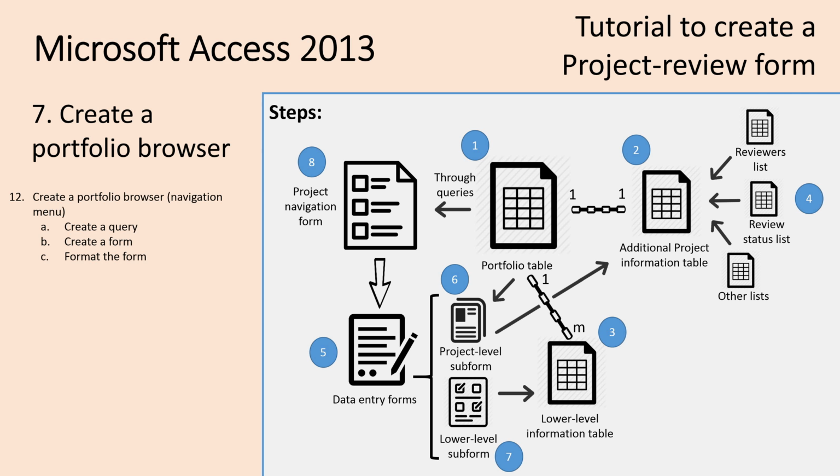In the previous videos, we created all these tables and data sets and these forms, all these relationships, in order to create a data entry form where people can enter the data from the project reviews. Now we're going to create this project navigation form, whose objective is to provide a list of all the projects that need to be reviewed and have the links of all these projects to the data entry form, so that people can just select and click and go from the project navigation form to the data entry form for a